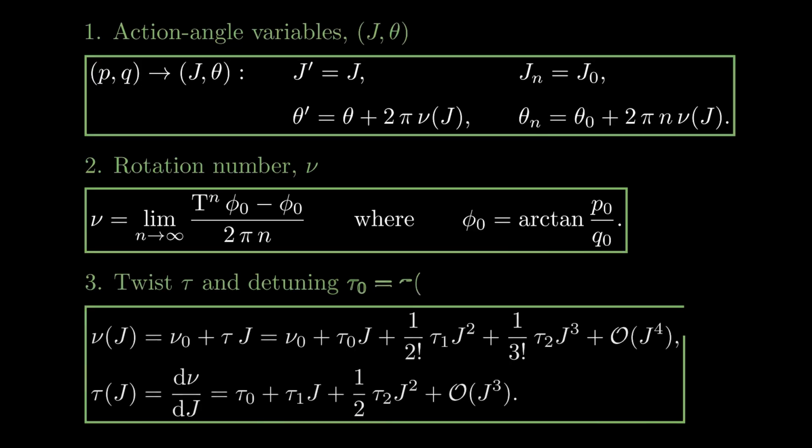Often, the rotation number is expanded as a power series in the action, where its derivative with respect to J is known as the twist. The coefficients in this expansion are called twist coefficients, with tau 0 referred to as the detuning. This detuning is a fundamental intrinsic parameter that captures the leading order nonlinear effect in the immediate vicinity of the equilibrium orbit. Because it plays a crucial role in understanding single particle stability on nonlinear resonances, it provides valuable guidance